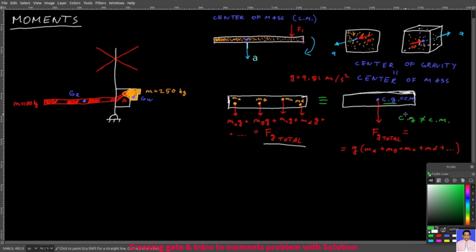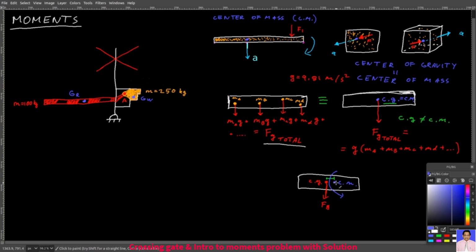And that difference would actually make the rod rotate about Cm, which makes sense because if this is your Cg, center of gravity, then this is your force of gravity, but then your Cm is actually this point here, so there is a difference between them,